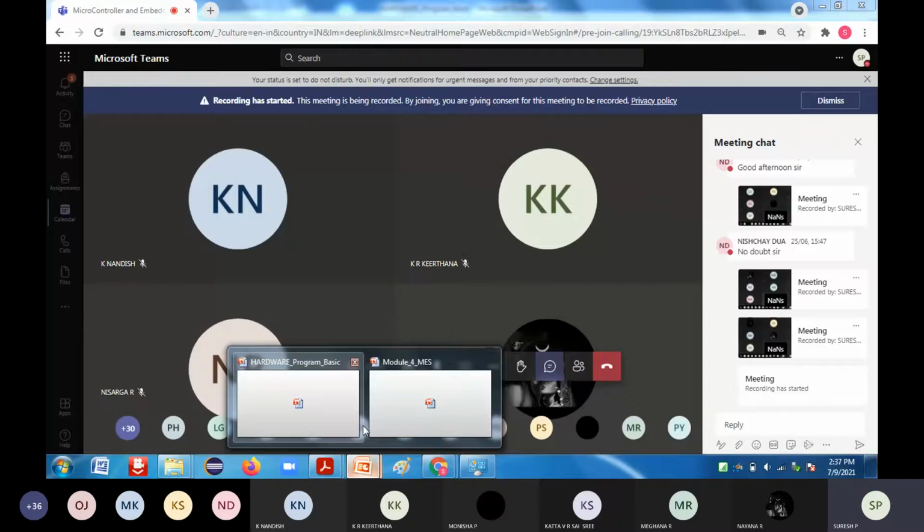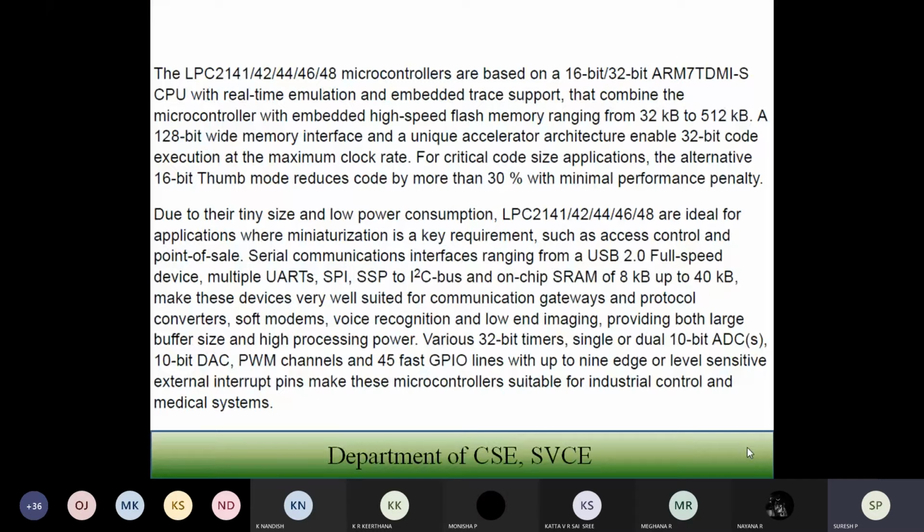So now here, what will happen? It is going to have a 128-bit wide memory interface, which is an accelerated architecture that enables 32-bit code execution at the maximum clock rate.